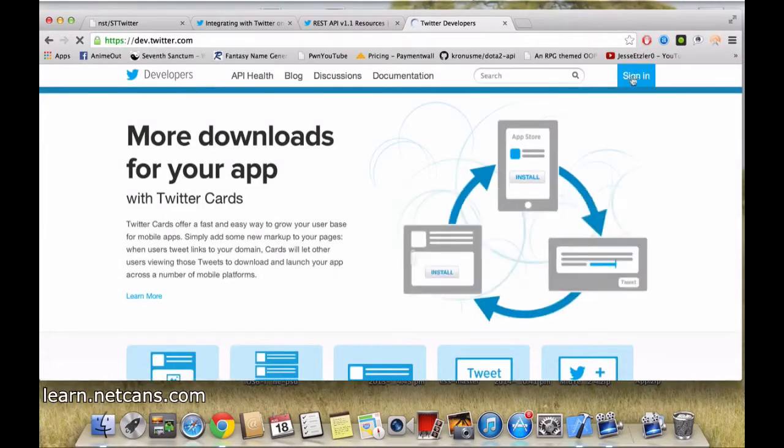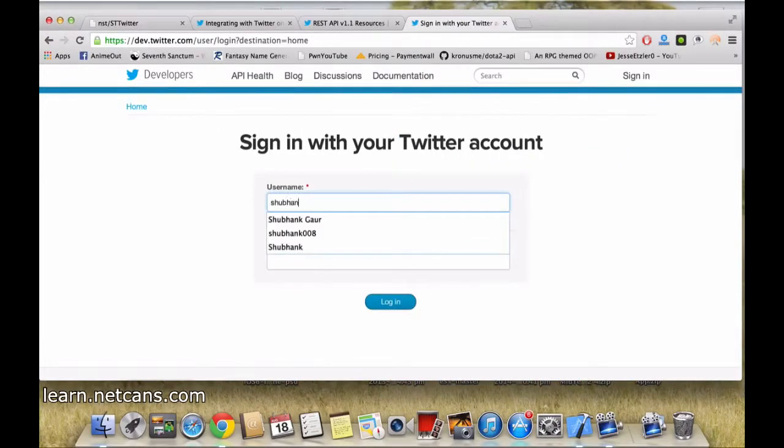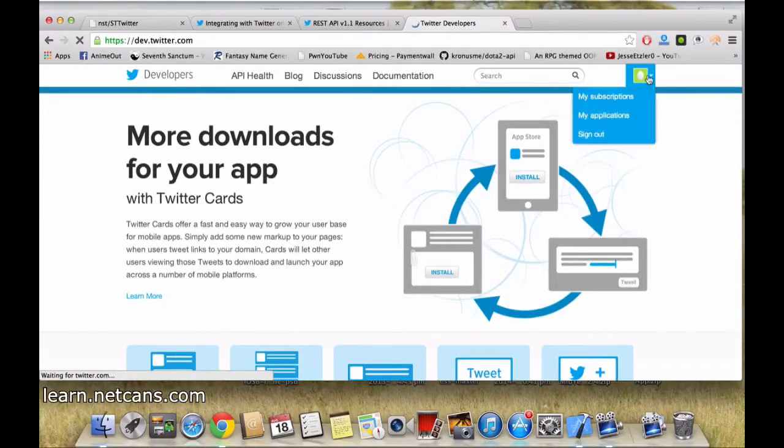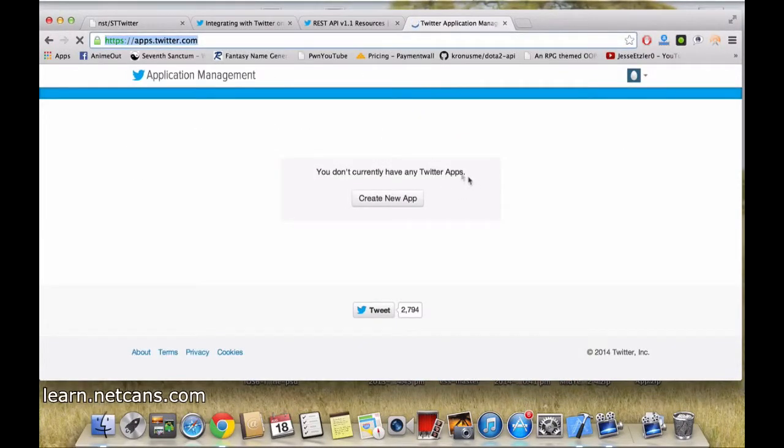You need to be logged in to your Twitter account. From here on the top right, you need to go to My Applications. And here you need to create your own app. You will need to register your own new app.